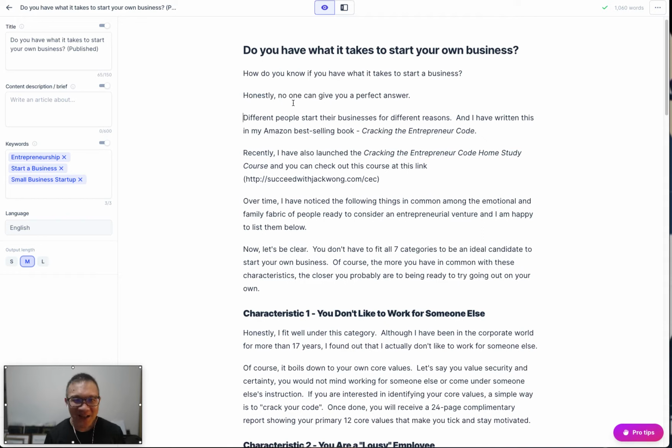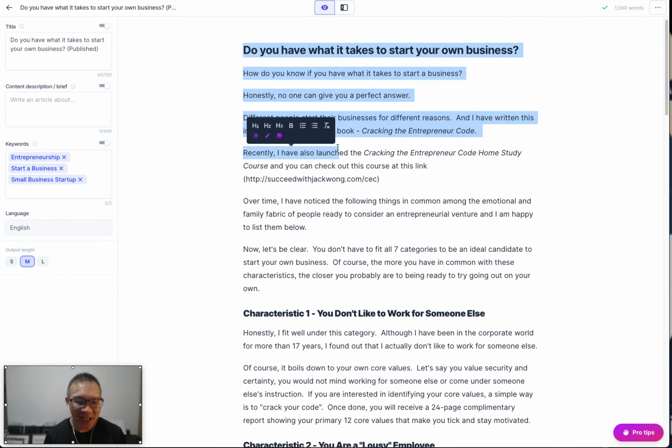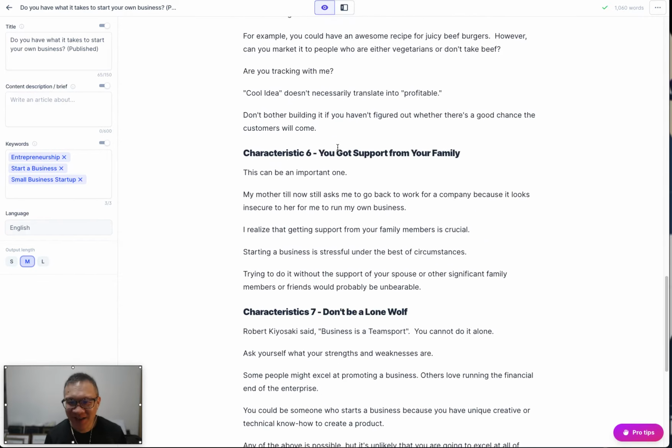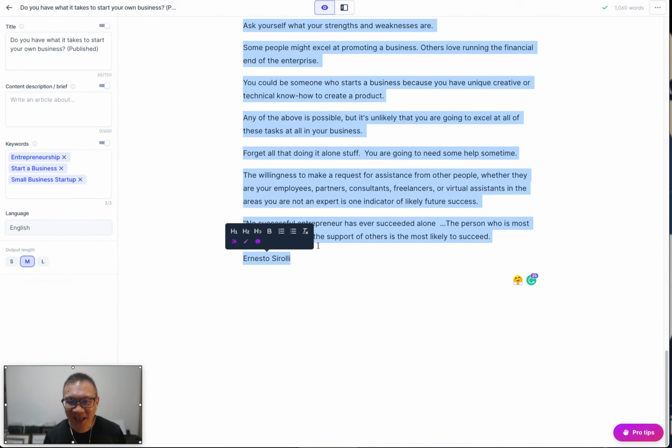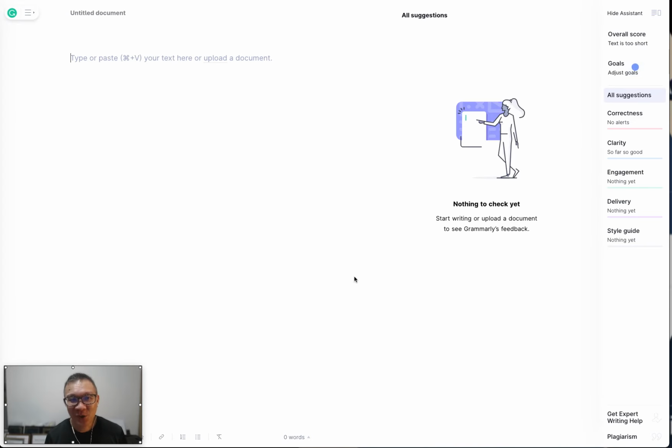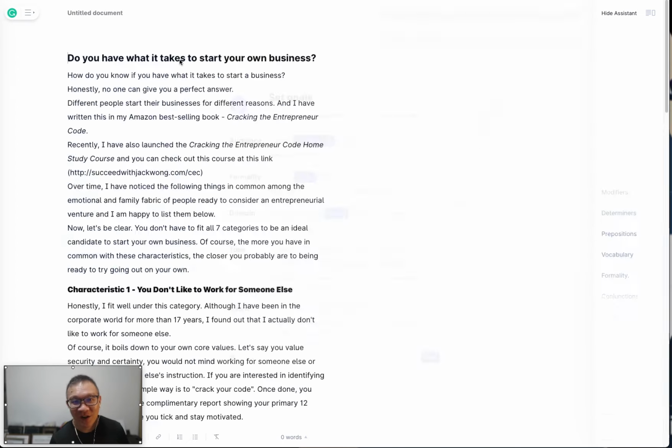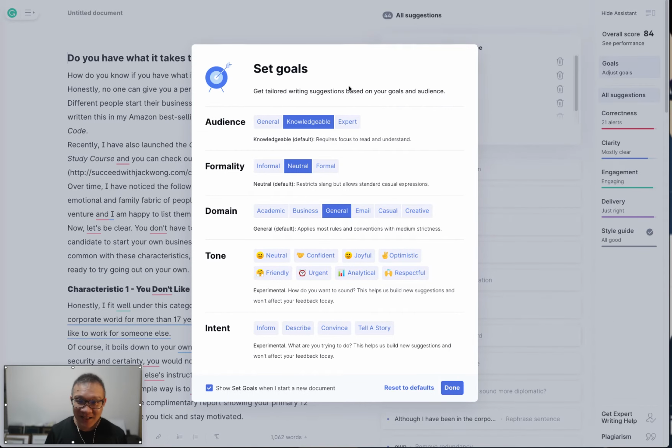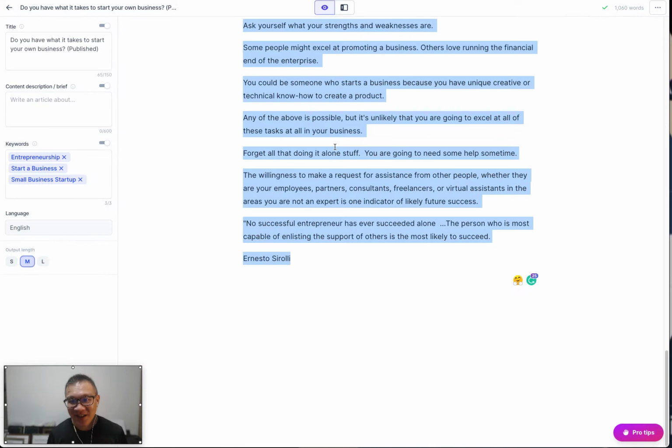So on one hand, the very long way to do it is to come up with your whole thing first, and then you copy and paste. You go to your Grammarly account, you can open up an untitled document. All you do is just copy and paste. You can do that. However, you can also ask Jarvis, when you have the app, so all you need to do is that on the